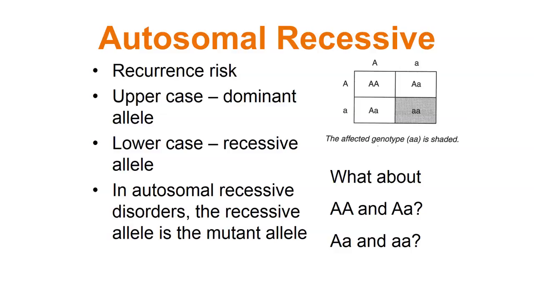It's still 25%, right? Each one is statistically independent. You could also use this to figure out the chance of them having somebody who's not affected but who is a carrier. Well, we got two normal individuals who are carriers in here, so approximately a 50% chance of them having a child who is a carrier who's unaffected. And they also have a 25% chance of having a child who doesn't have the